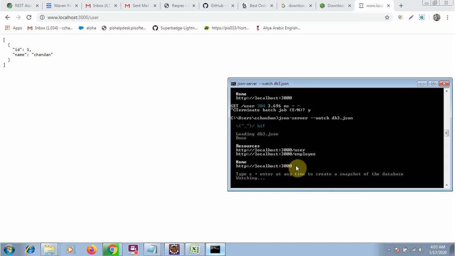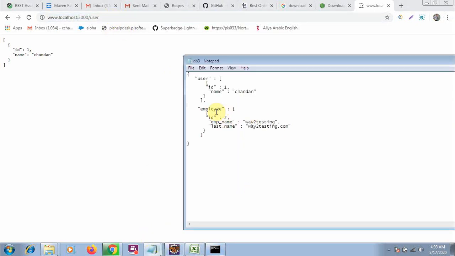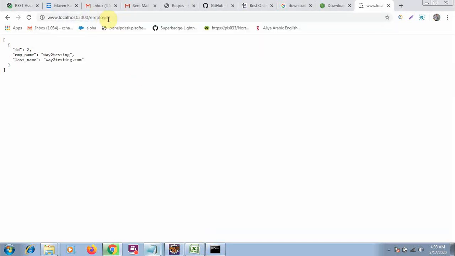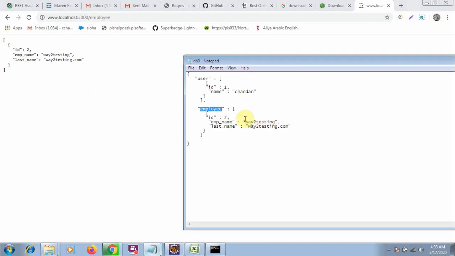Now your URL for user, you will get this one, and your second endpoint was employee. Just copy this one and put it here, and you will get this one. In this way you can create multiple data, and for example inside user you can create much more data like this. It purely depends on how you want to create your database file so that you can check your response.